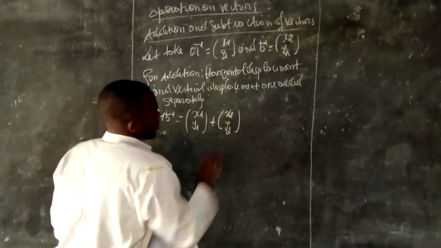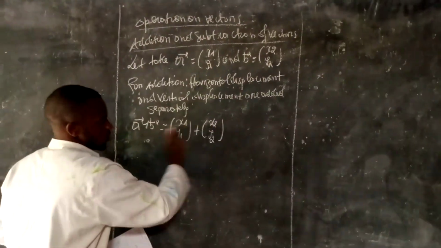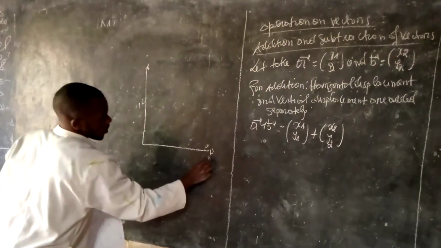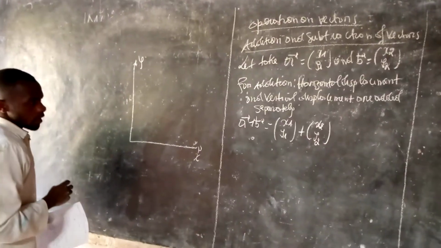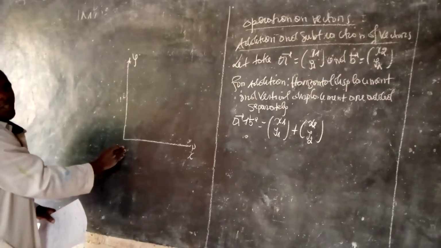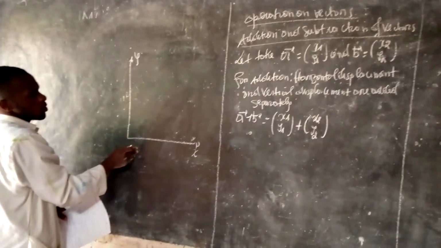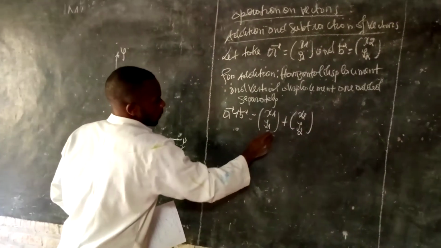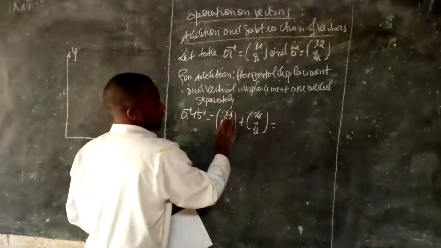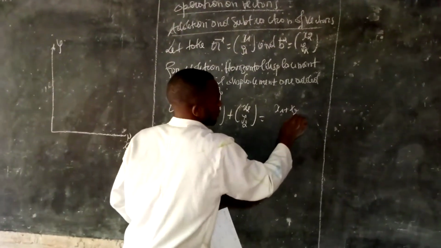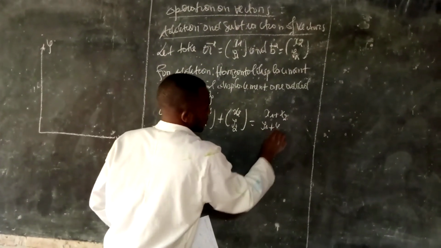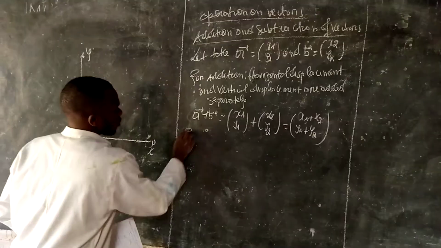Now x1 and x2 are the horizontal, meaning on the Cartesian plane, this one is the x-axis and this is the y-axis. The x-axis represents horizontal displacements, while y represents vertical displacements. This form of vector notation is what you call column form. So we add x and x, you get x1 plus x2, and now add the vertical displacements, y1 plus y2.